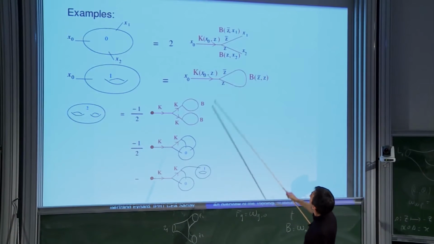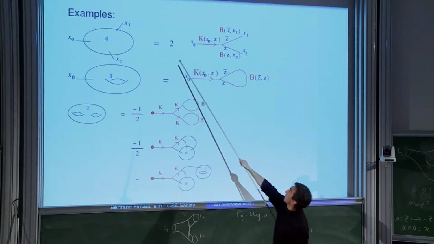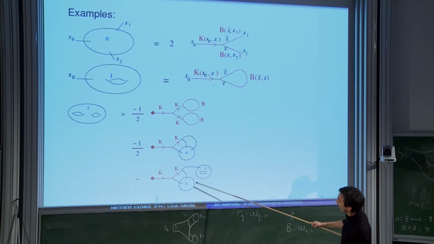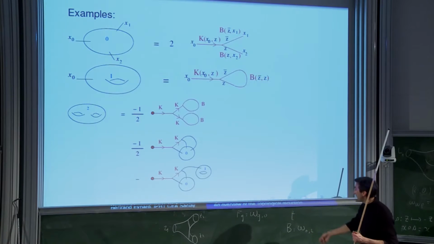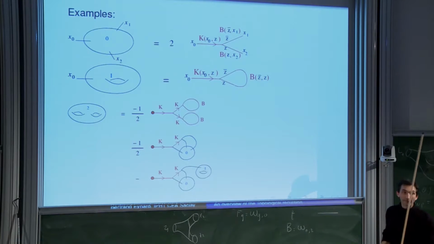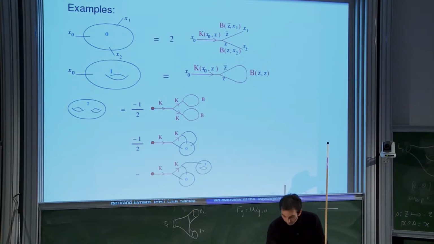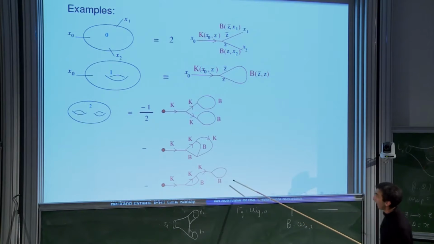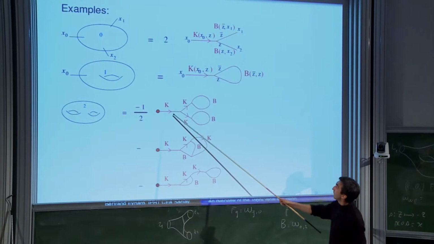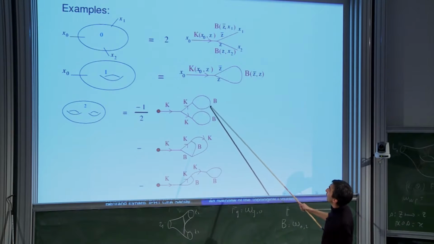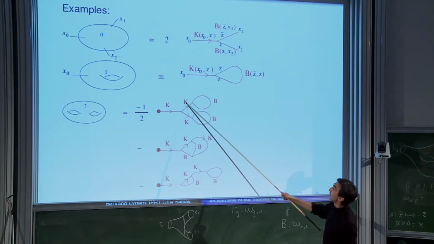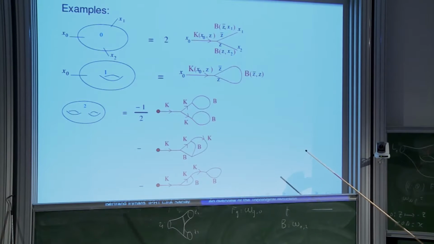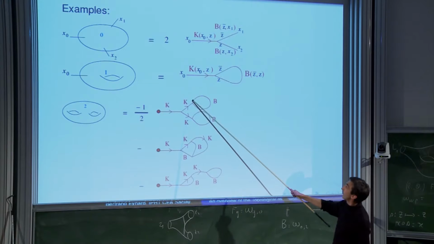Well, omega 0,3, I replace it by this graph. There will be a factor 2. And omega 1,1 here, I replace it by this graph. And here the omega 0,2, it's the b. I just replace it, remember, by the straight line. So F2 is just the sum of those three graphs. Each graph means you take the product over edges: if an edge is arrowed, you associate a k; if it is non-arrowed, you associate a b. You just take the product over all of them and take the residues at the vertices.